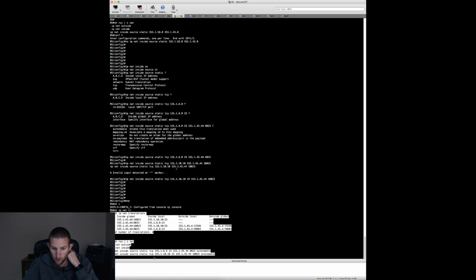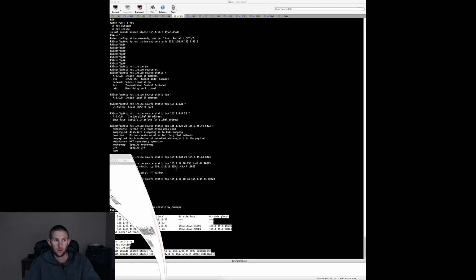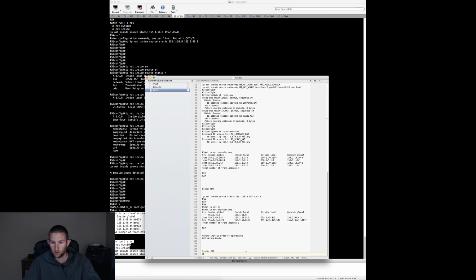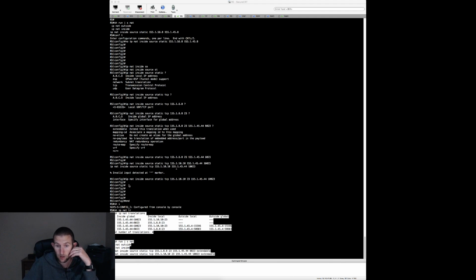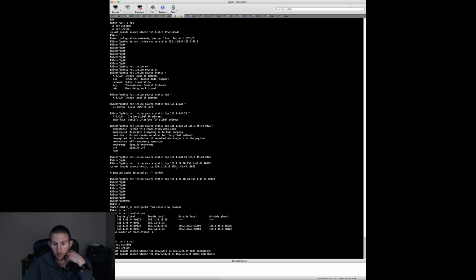All making sense. That's perfect. I think that was easy. That was easier to understand after doing just normal static NAT. So what we did here is that we're saying if you're going to this destination, which is R8's VLAN 8